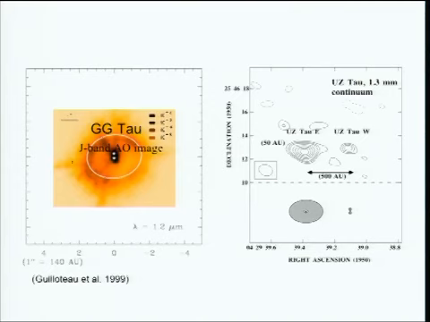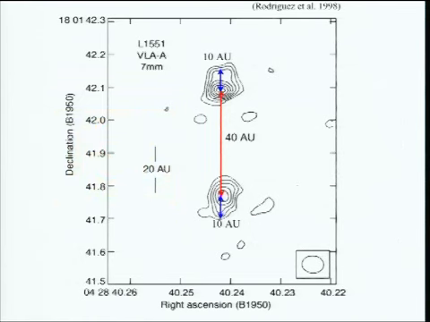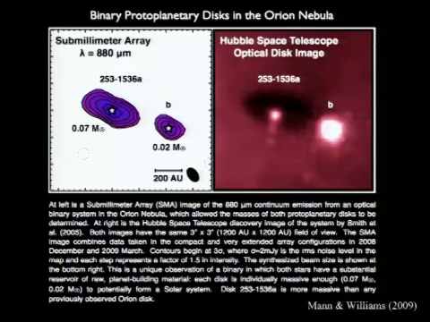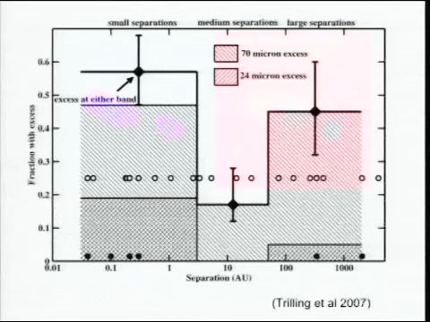This is UZ Tau. The separation is 500 AU, and there is a circumstellar disk that can form planets with a width of 50 AU. This is the favorite of theorists. This is L1551. The separation here is 40 AU. Each disk is about 10 AU in radius, and each disk has about 6% of a solar mass, so it's massive enough to form planets. This is a recent discovery made right next door to my office. Two disks with separation about 200 AU and with masses comparable to the minimum solar mass nebula.